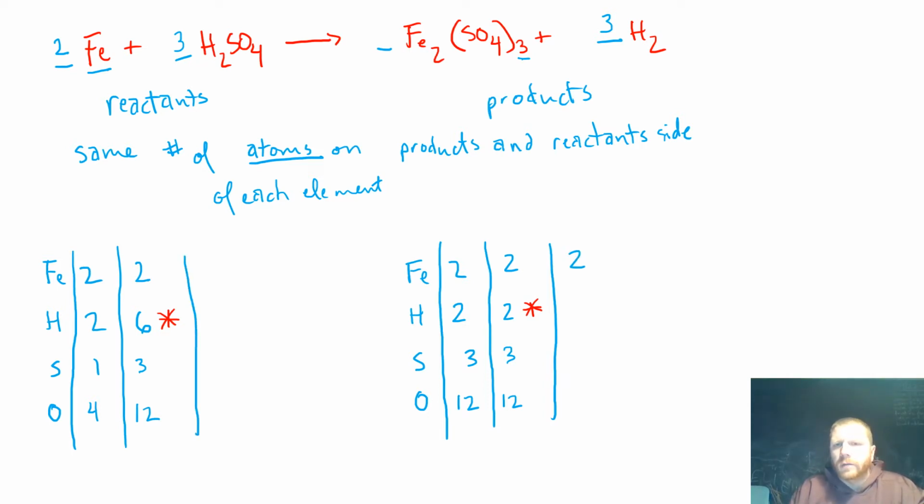Okay. Iron remains the same, hydrogens I'm at 6, sulfur I'm at 3, oxygen I'm at 12. Iron on my reactant side I'm at 2, hydrogen I'm at 6, sulfur I'm at 3, oxygen I'm at 12. Okay, so this equation is now balanced. Now, what we can say about this is that ultimately